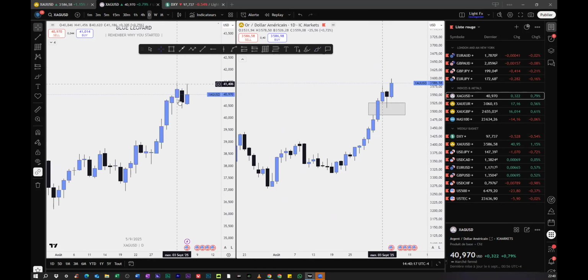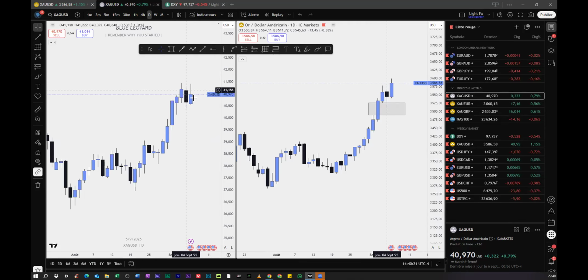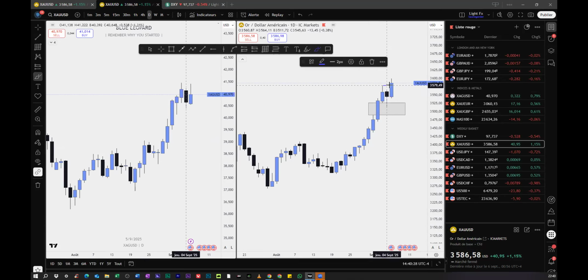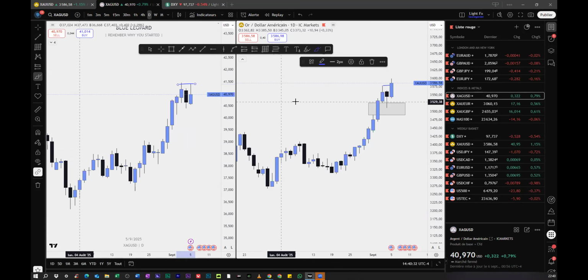Here, silver, I don't trade silver. I just use it for correlation to understand when there's a crack in correlation. And I've seen one here because you can see how we break structure here and here we didn't. So that could be